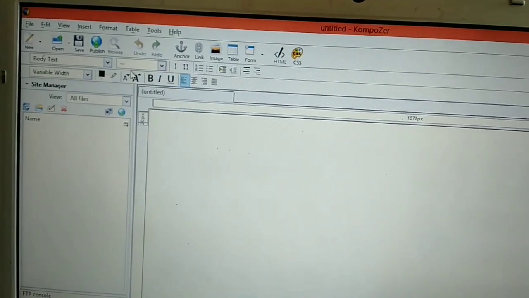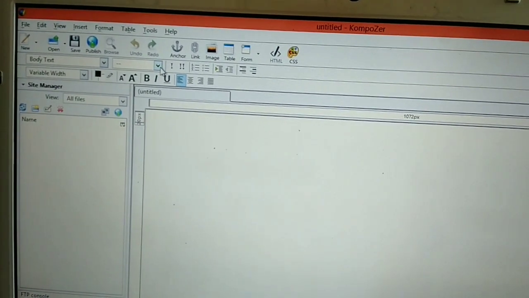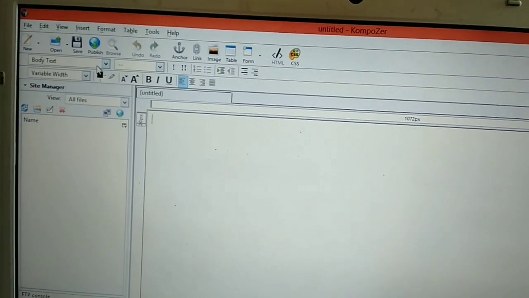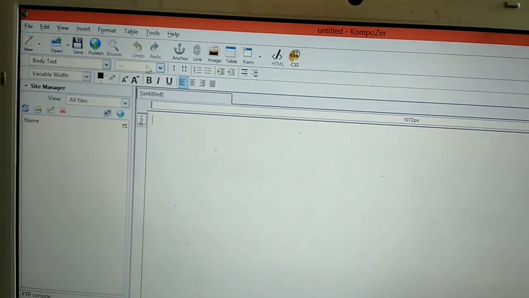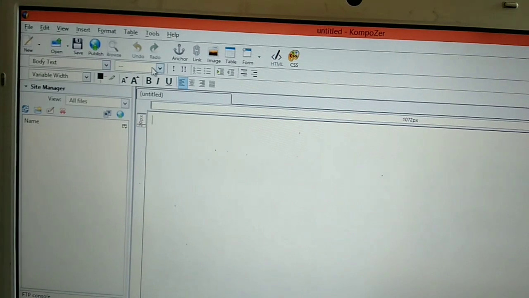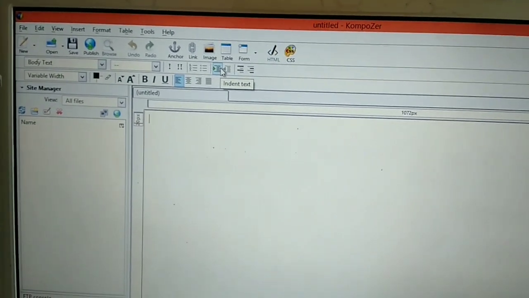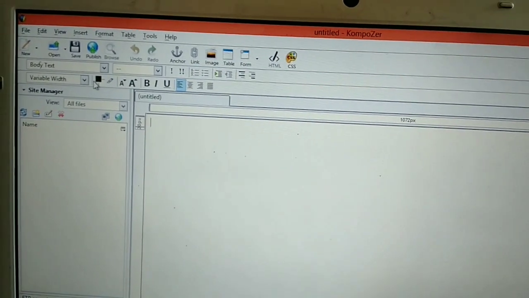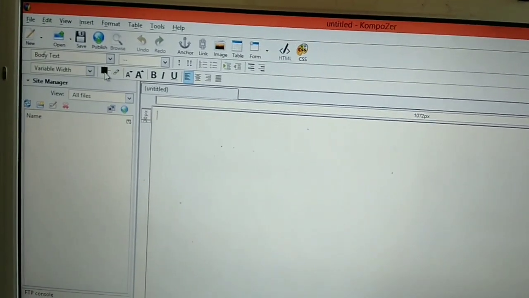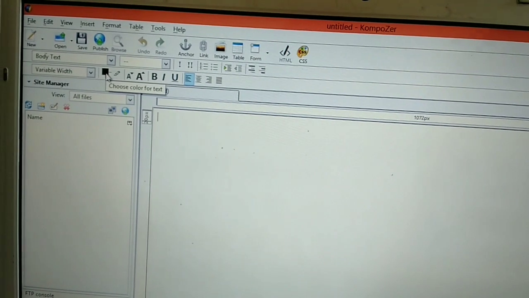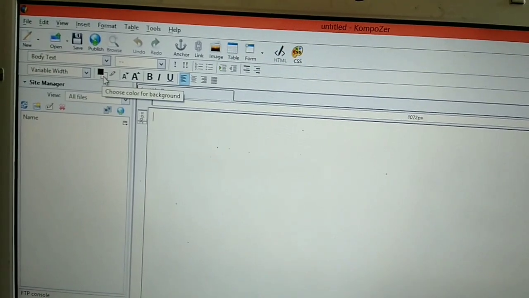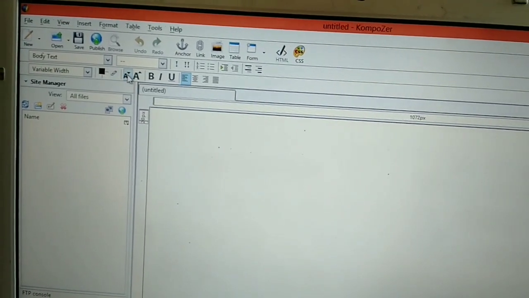Next, body text. Can you see it? Body text and different formatting tools, that's why it is known as formatting toolbar 1. If you want to format your text, then you have to use this toolbar, the formatting toolbar. Now next, variable width, font color, text color, background color.